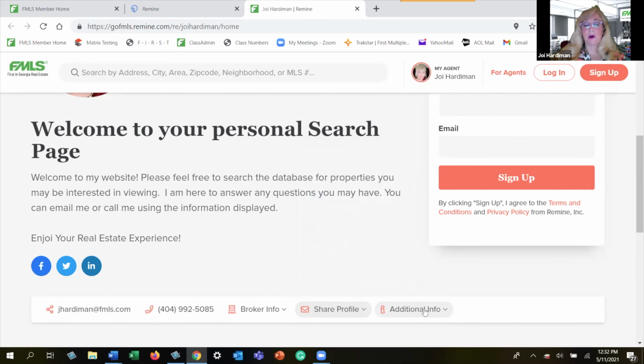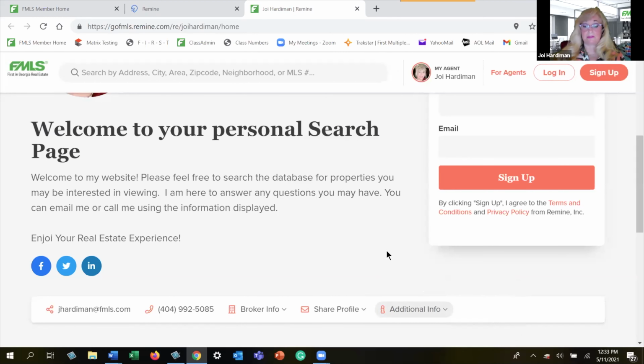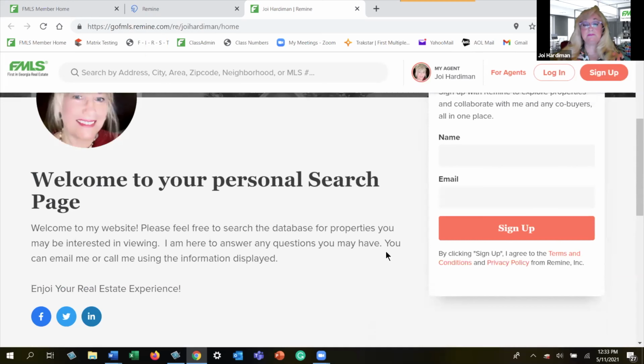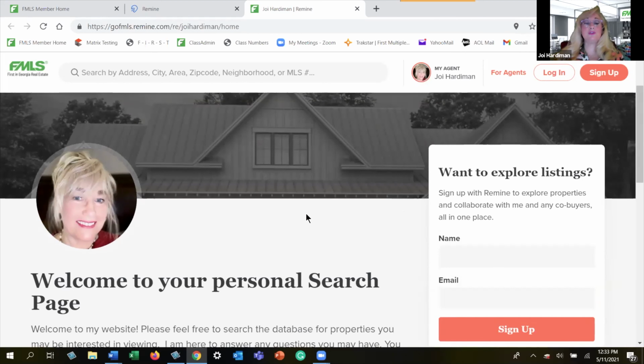Also, additional info. Typically, if I had my license number in here, it would give me my license number, I believe. I've always had just staff because that's the way we're listed in the system. Then you're going to come up to something that says, want to explore listings. So this is your website. Now, this is exactly what someone will see in Remine,